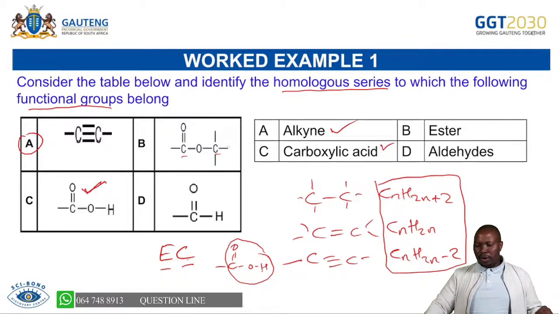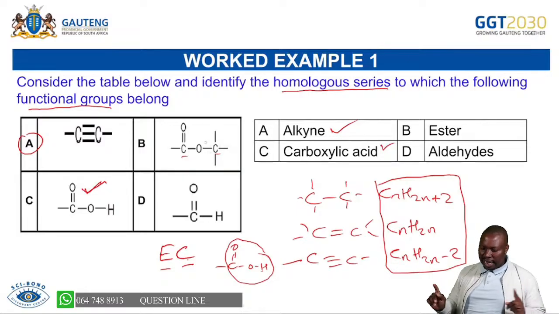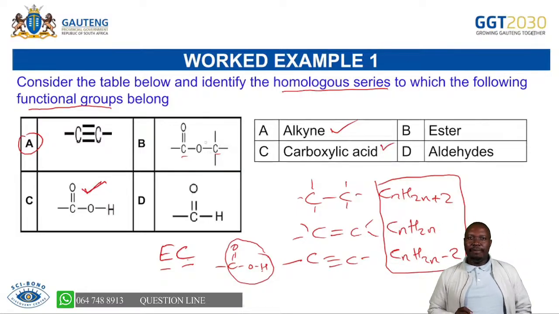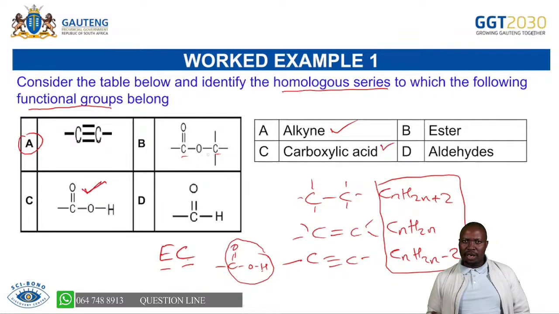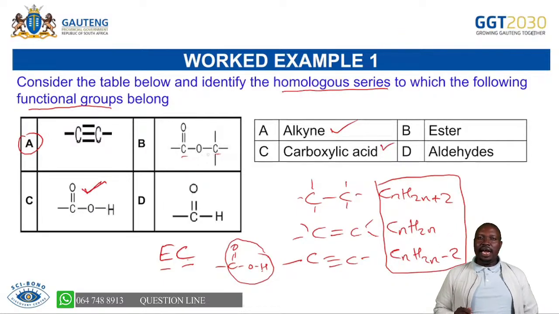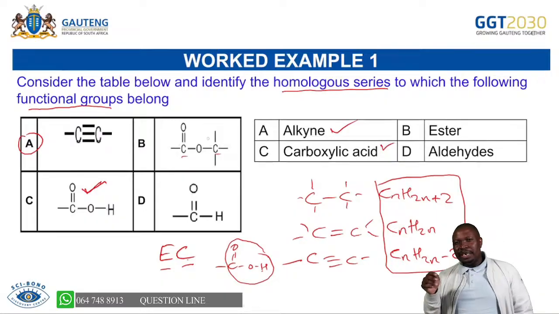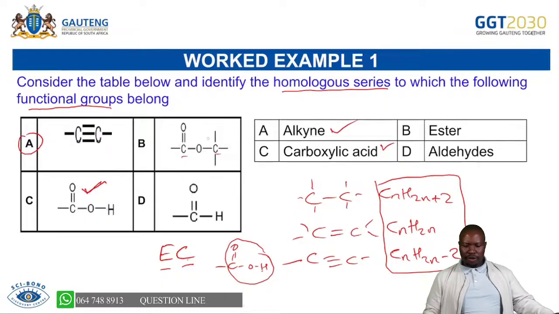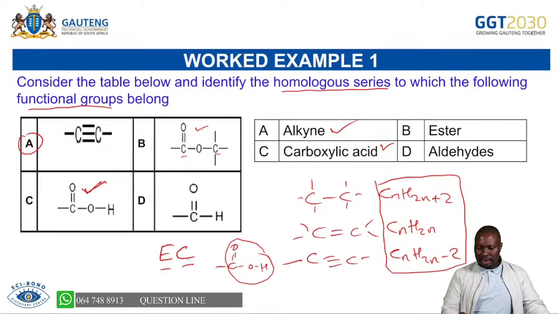For our syllabus, we're saying when the oxygen is bonded to 2 carbons, that must be an ester. I must not say between, it must be bonded. And there are 2 conditions for an ester. We're saying there must be 2 oxygens, and one of the oxygens must be double bonded to carbon. The other one must be bonded to 2 carbons. So that is our esters. I hope you will always, as you see esters, understand them.